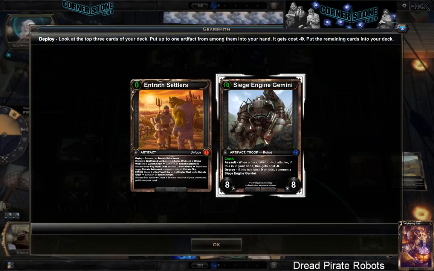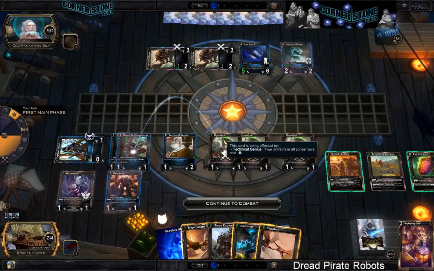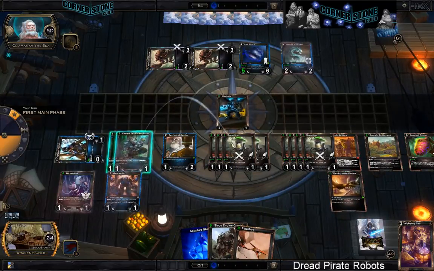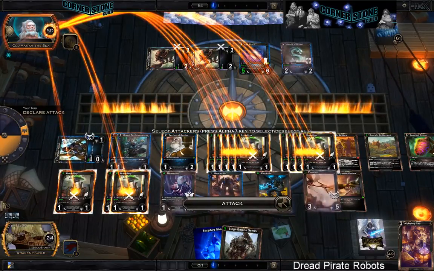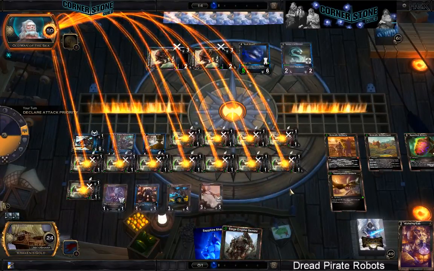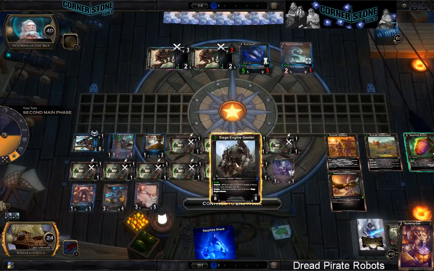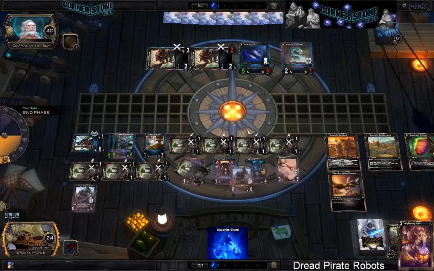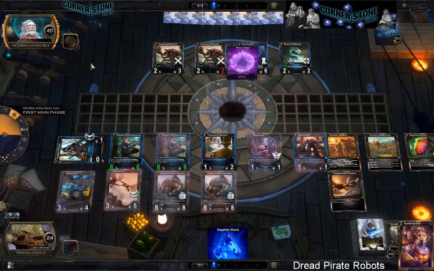This is what I was trying to not have in my hand, but we might be able to play it this turn. Okay, great. So now we have nothing in our hands. The only thing he can force us to discard right now is a Sapphire Shard, which we don't really care about. He can lock down anything we have in play,